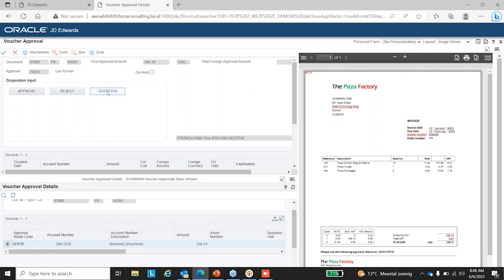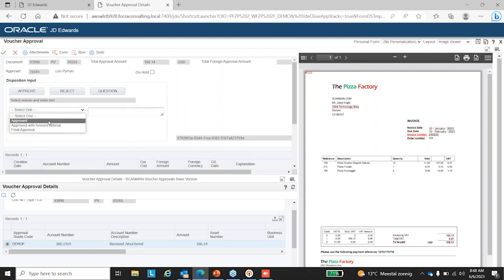And last but not least, if explanation is needed or other persons need to be involved for this invoice, then he can ask a question to anybody in the organization. So he can search for the person and then enter the question. Then this other person will also be involved in the workflow, and everybody who's part of the workflow will be informed that this is now part of the extended workflow. Okay,